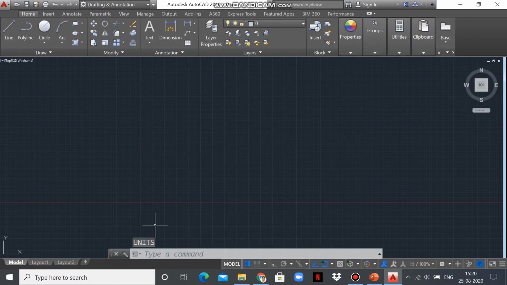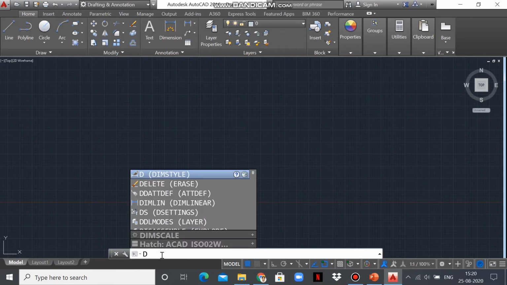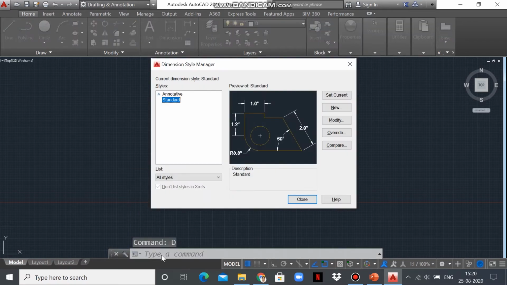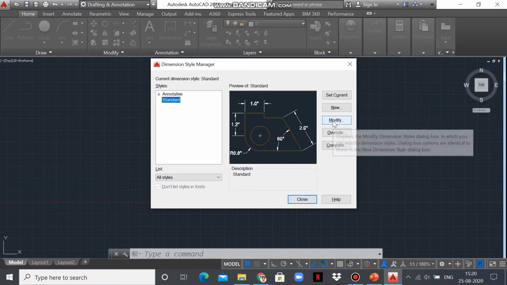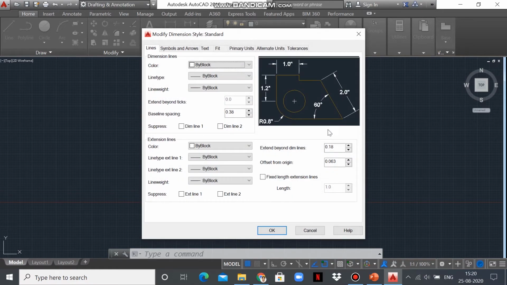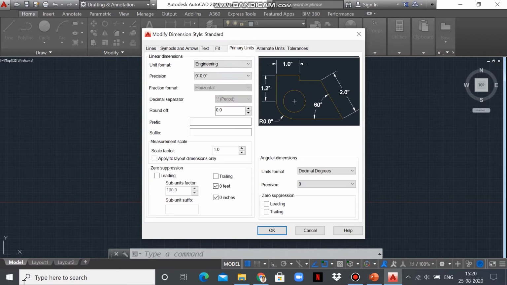Now I am going to update the metric unit from the dimension style manager. So let's modify it. Type D, which is the shortcut of the dimension style command. Press enter. Now we are on the dimension style manager dialog box. Click on modify and click on primary units.